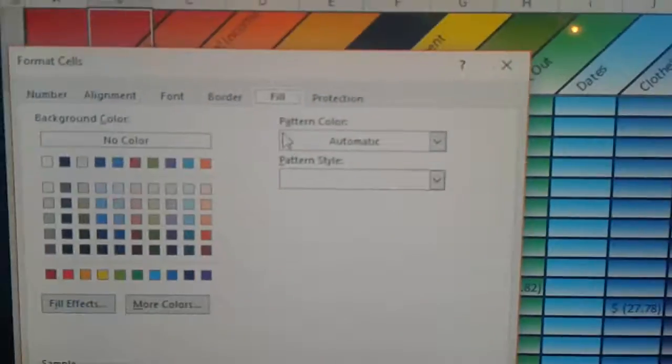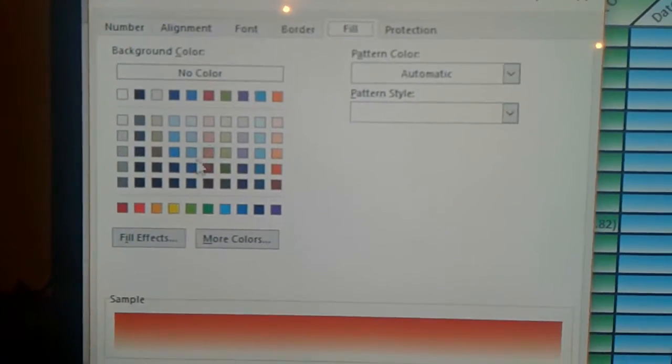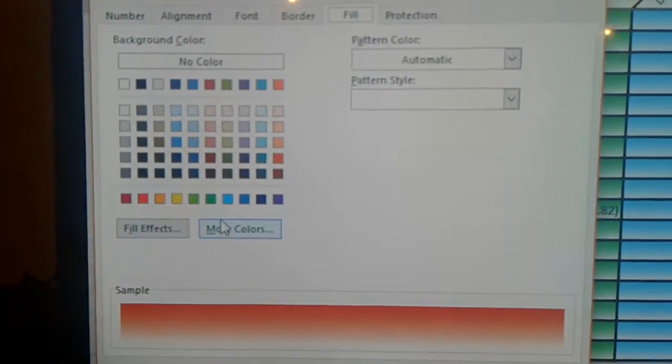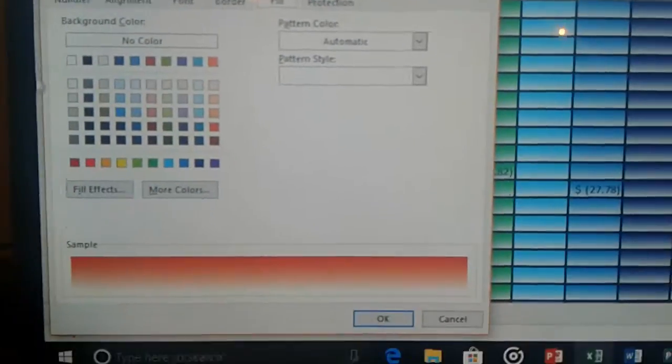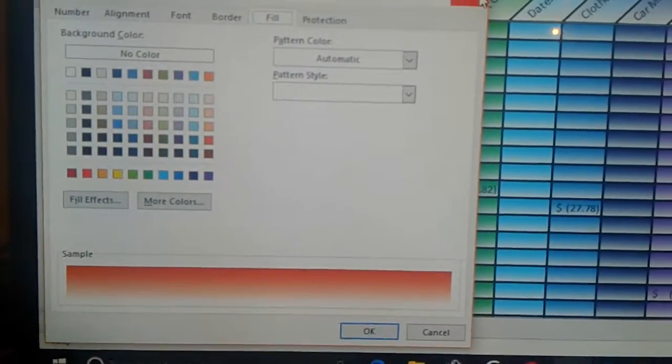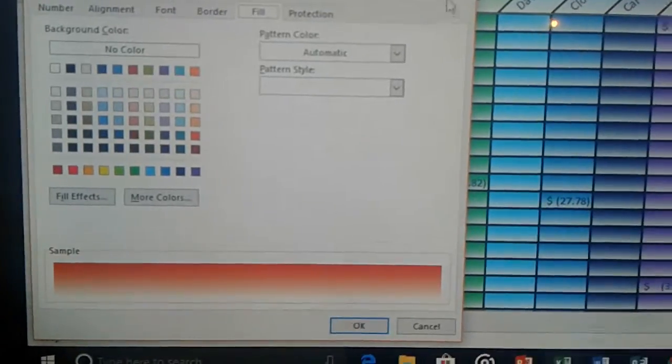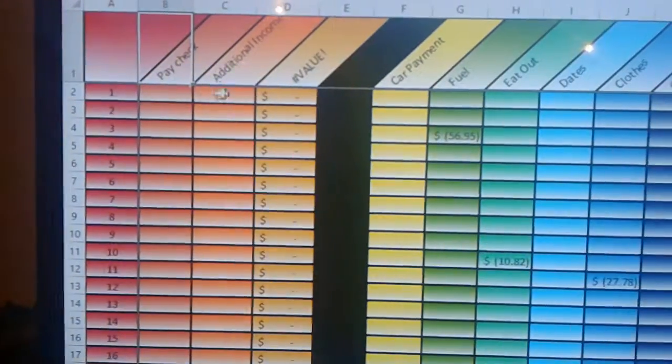And then to make it a different color, you click, these are the colors that are given. You can make your own more colors, and there's other different things you can do with it, but I just changed the color. So that's just however you want the color to be changed. Then you click OK. And then the color should change, and so that's what I did for all of these. And then the next thing I had to do